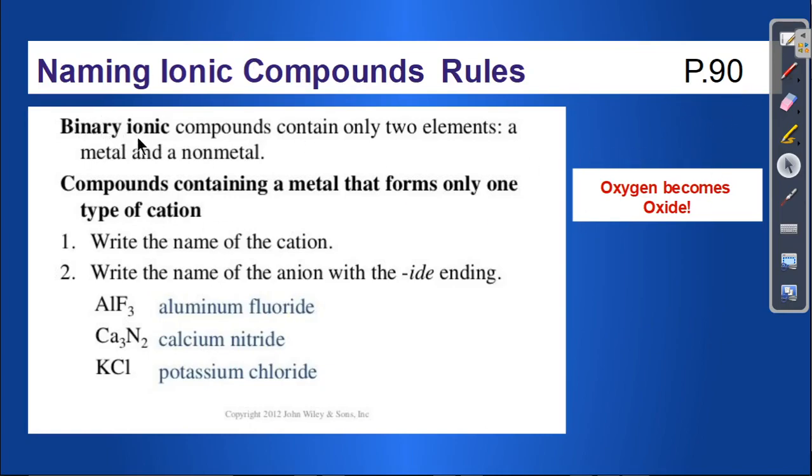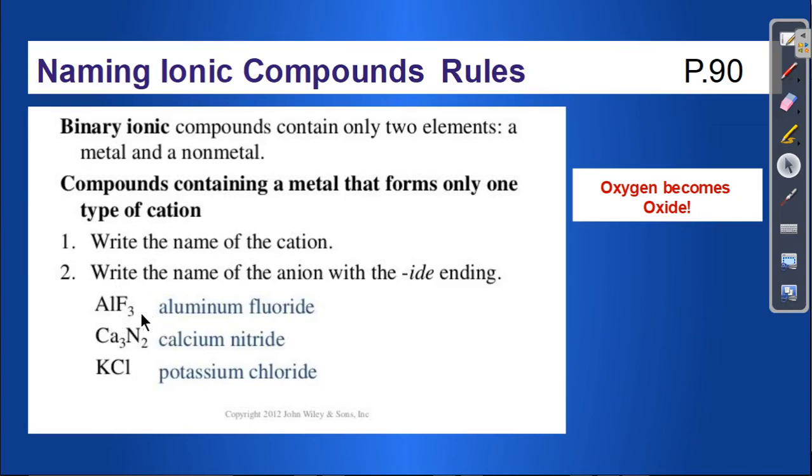In a binary ionic compound, so a compound that has only two atoms, you're going to have a metal and a nonmetal. You are going to name the metal first. Just read the name of the metal. And for the nonmetal, you're going to change the ending to "ide." For example, aluminum fluoride, calcium nitride, potassium chloride. You name the first one, the metal, just directly from the names that you are learning,